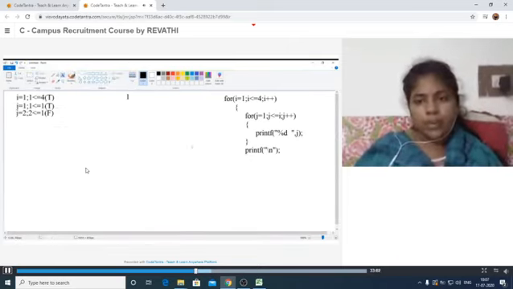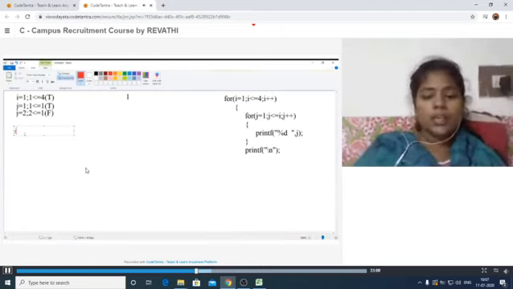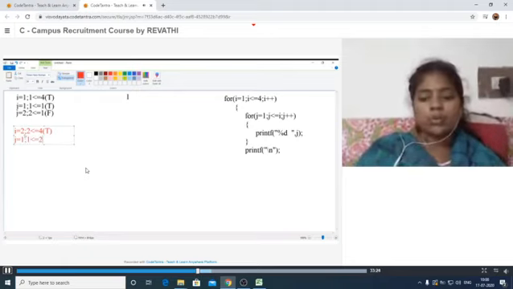After that, it moves to i is equal to 2. Next, i is equal to 2. Now it is the second iteration. Now 2 is less than or equal to 4, the condition is true here. Next, j is equal to 1. It starts again from the first one onwards. j is equal to 1, and 1 is less than or equal to 2. The condition is true. Now it is printing the j value. What is the j value now?